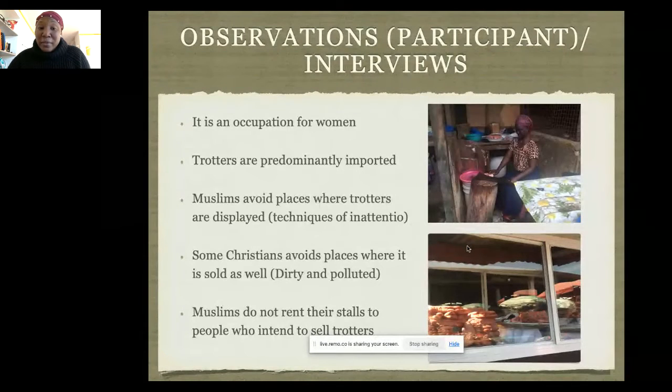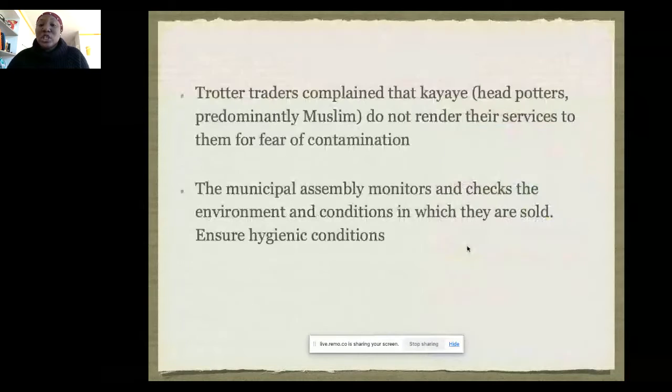And for some of them, they practice what Brian Larkin calls techniques of inattention. They mute their senses when they have to pass it. And Muslims do not rent their stalls to people who intend to sell trotters, because once you come to rent someone's stall, he asks as part of the protocol, what are you going to sell in it? So they do not rent their stalls. And some of the headquarters do not render their services because they are predominantly Muslim, and they see this as